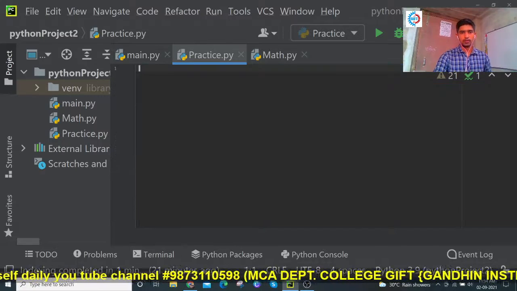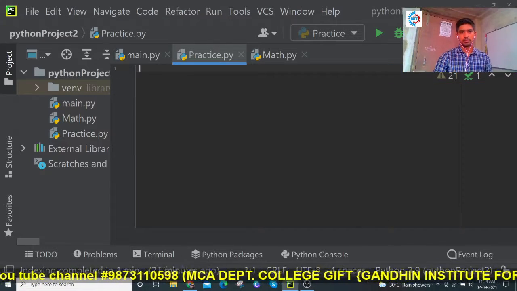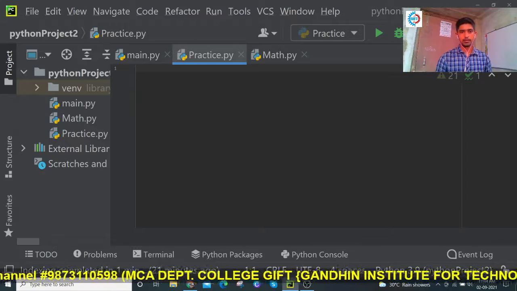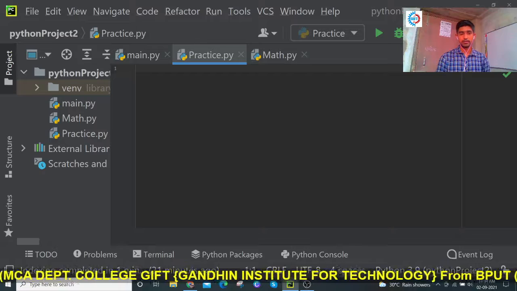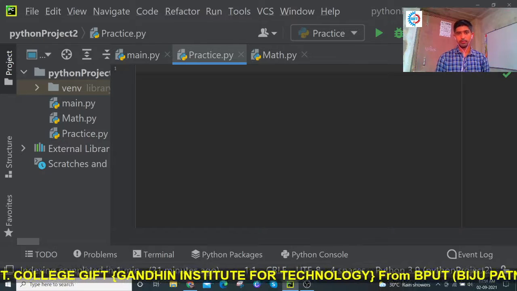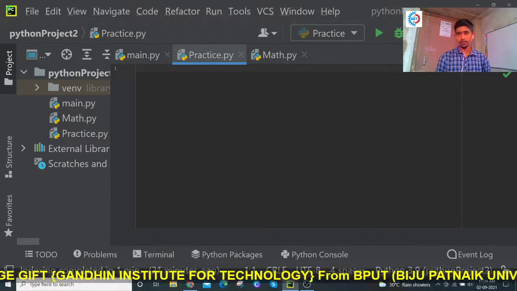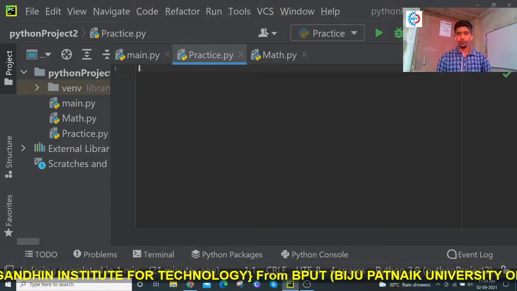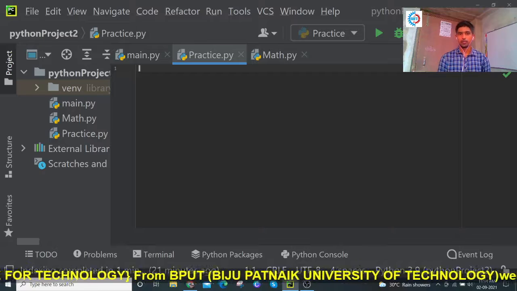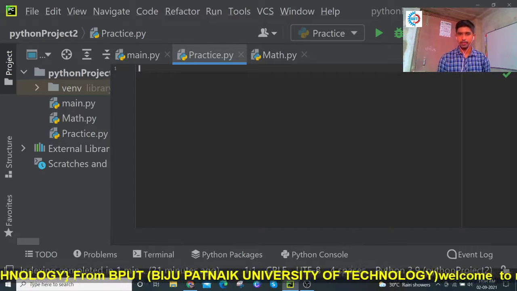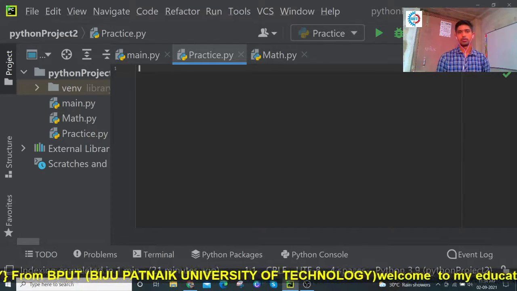A list is represented with a set of box brackets and separated by commas, and you can give different data types. Similarly, you can give different data types in a tuple also.